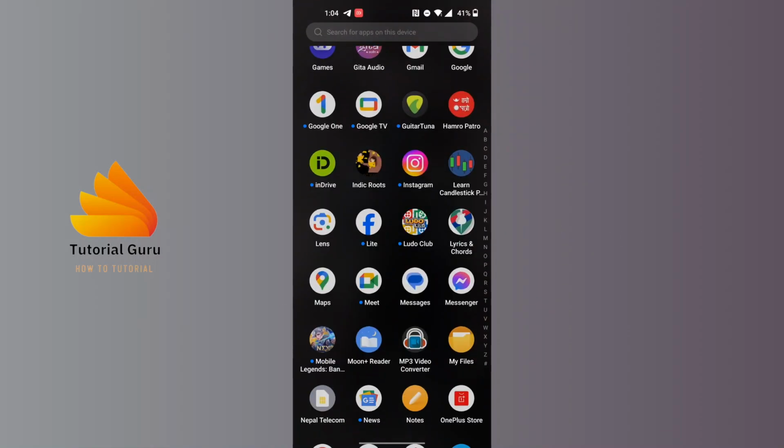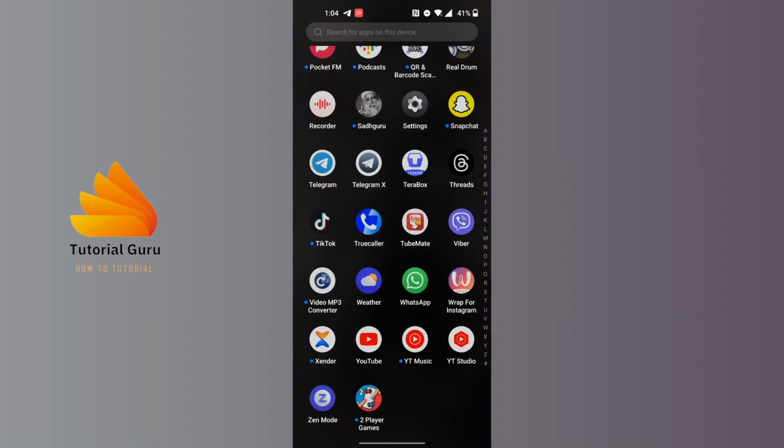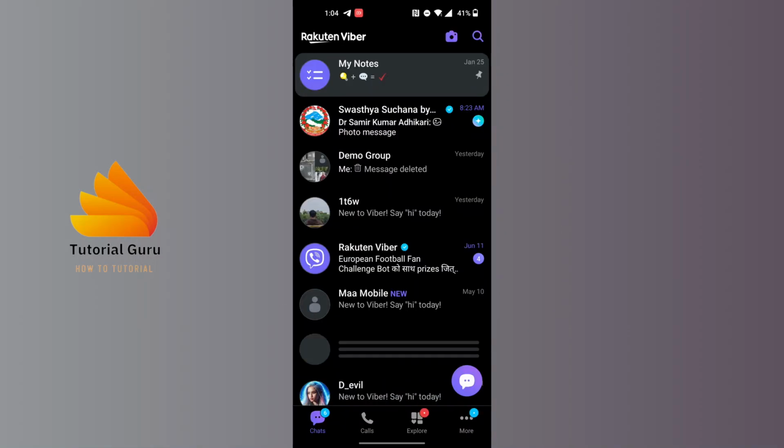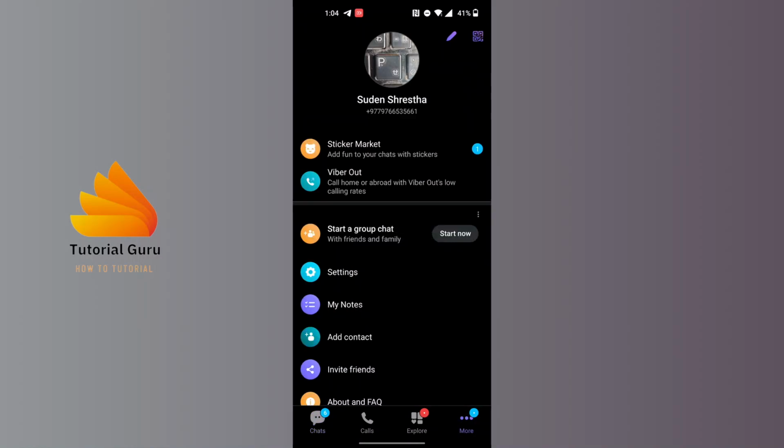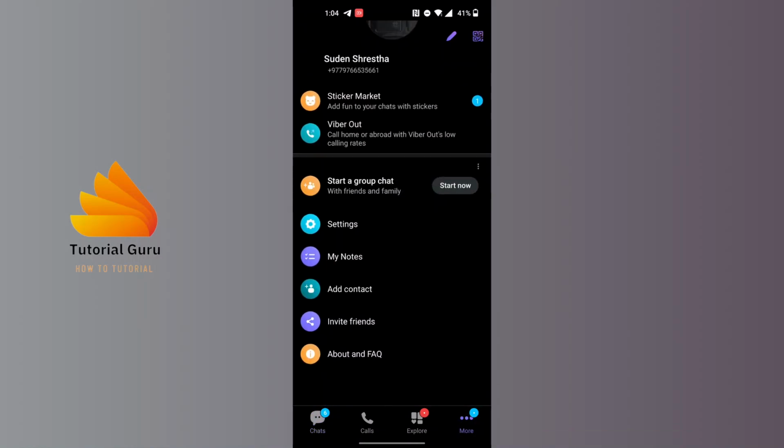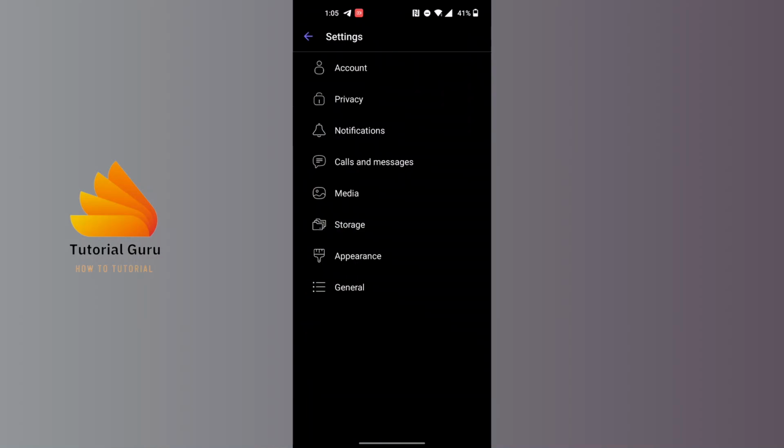Now to hide online status on Viber, first open up your Viber app, and after opening your Viber app, at the bottom right corner of the screen you can see there's a three-dotted icon where it says more. At the bottom right corner, tap on more and you'll land on this interface where you can see the settings option available for us. Tap on settings, and over here tap on privacy, which is just below the account, and